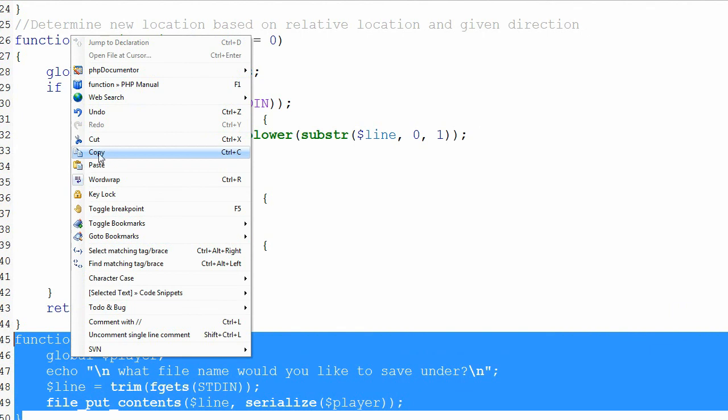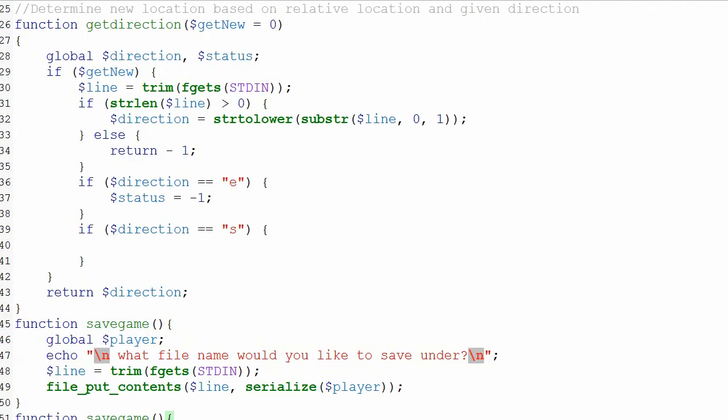So I'm going to copy this and say that another one is a load game. So I'm going to say what file name would you like to load, and then I'm going to say file